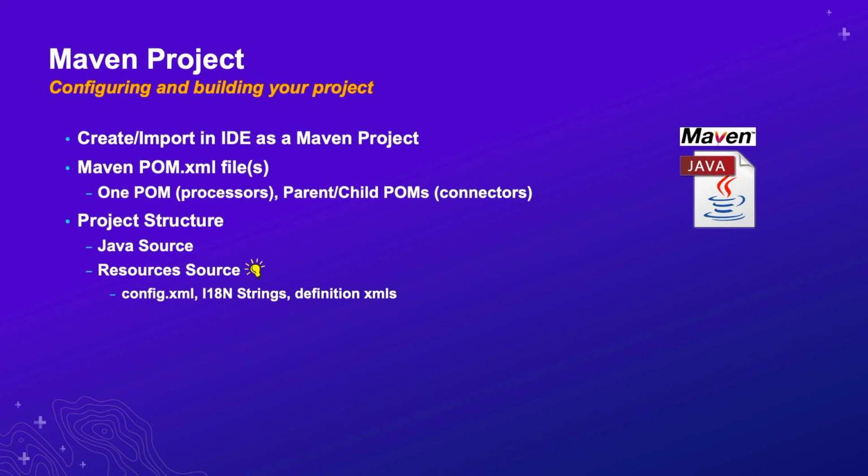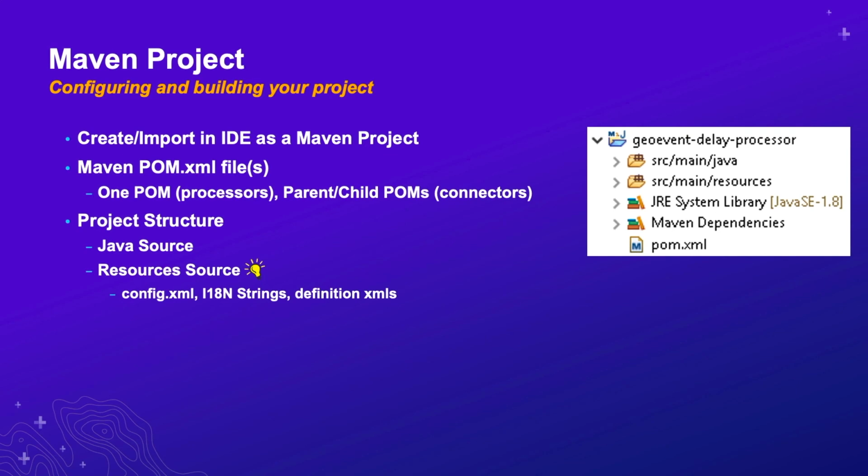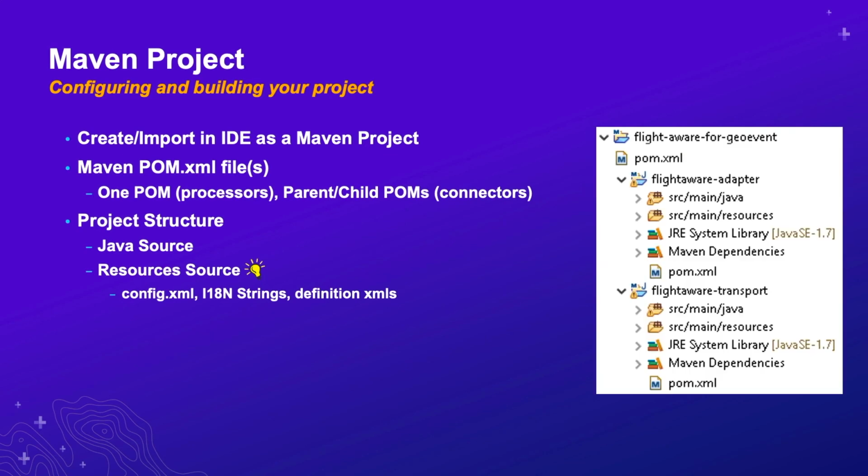For processors, there is generally one POM file for the project, but connectors generally have a parent-child set of POM files. One for the parent, one for the adapter, and one for the transport. The POM file is vital for a Maven project as it is a configuration file that contains information required to